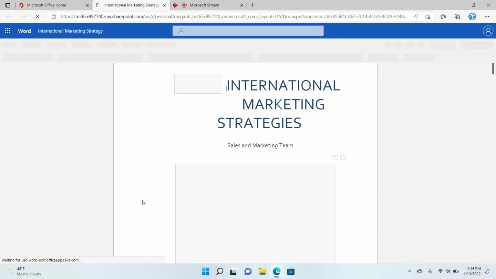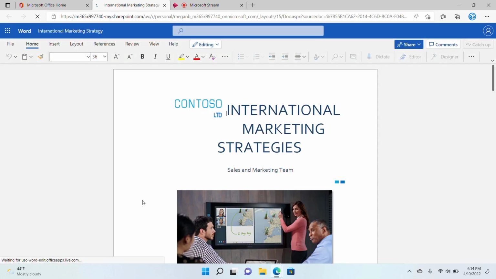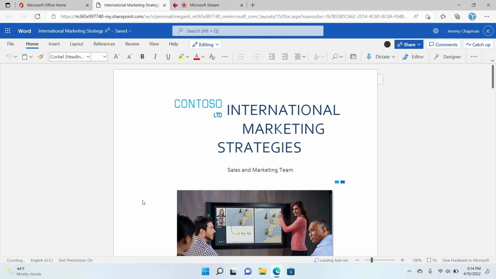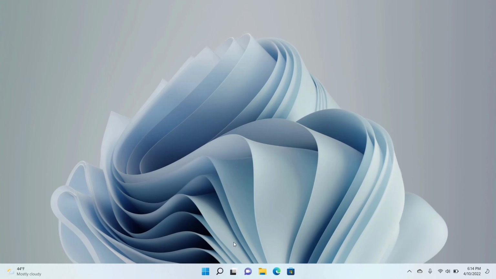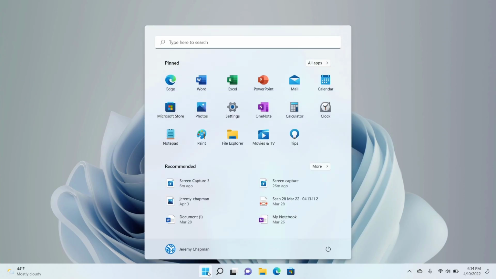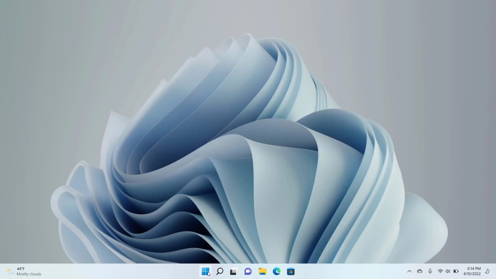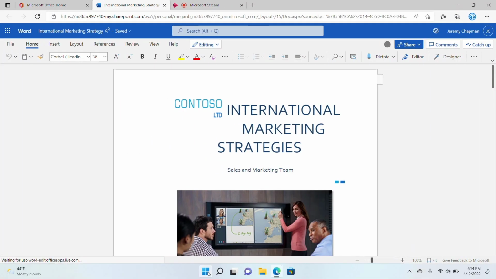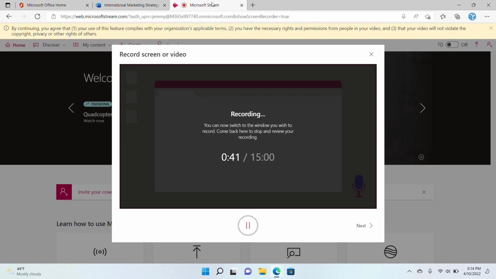So this will record everything that's happening on the screen. So here I've got my International Marketing Strategies doc open. It records that just fine. If I move over to desktops and to desktop 2 with a 4-finger swipe, I can go ahead and open the Windows 11 Start menu and swipe back to desktop 1. It's still recording everything. Now if I go back to the tab that's doing the recording, once I hit pause,